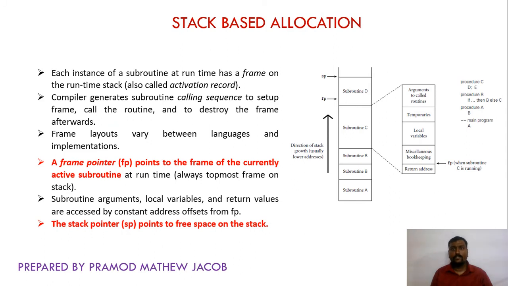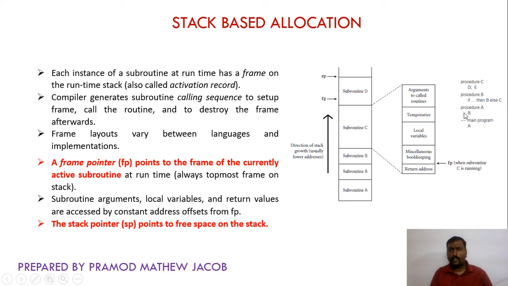Next is stack based allocation. Stack based allocation is usually followed during the execution of a subroutine call or a function call. Whenever a function call is initiated, a stack frame will be created in the memory, and whenever we are using a subroutine call, a new stack frame will be created on the top of the previously created stack frame, and thus the stack grows upwards. Whenever we complete the execution of the particular subroutine, the stack frame will be cleared and the control is given back to the main program.